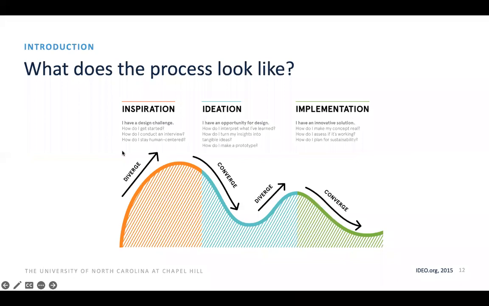So bird's eye view, what does the process actually look like? At the most basic level, it is 3 phases, and it looks very nice and neat and linear on this page. The 3 main phases are broken into inspiration, ideation, and implementation. The first phase of inspiration focuses on understanding people. You have a design challenge, you might have a problem statement that you're working on, and instead of immediately jumping forward into coming up with solutions, we sit in inspiration for a while and better understand the context